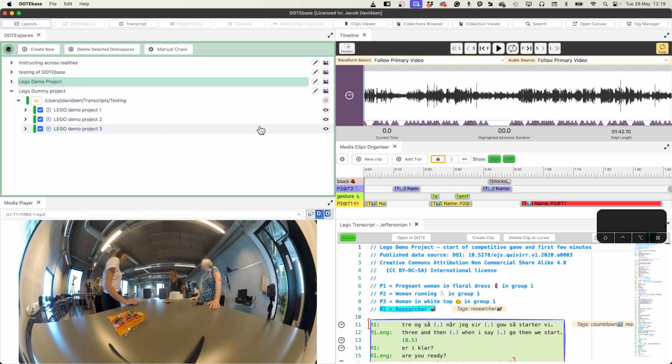So this was a very basic tutorial on how to export and import DOTEspaces in DOTEbase. We hope that you can see the benefits of doing that in DOTEbase,